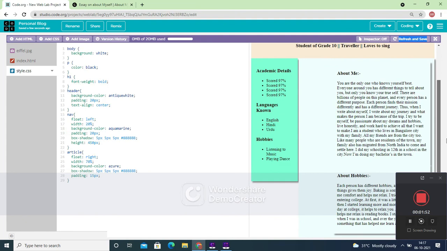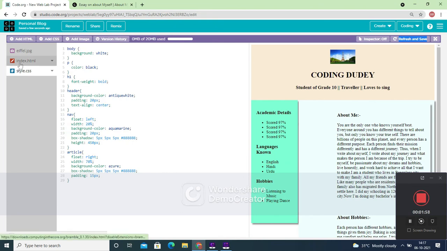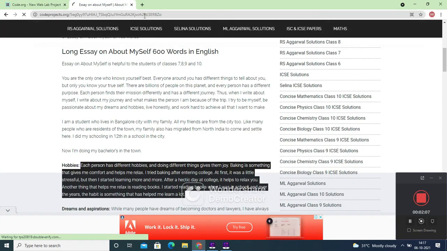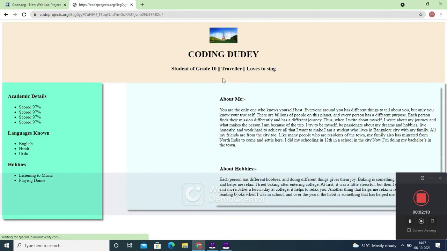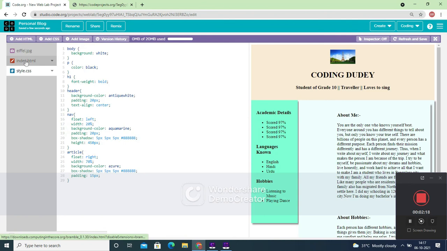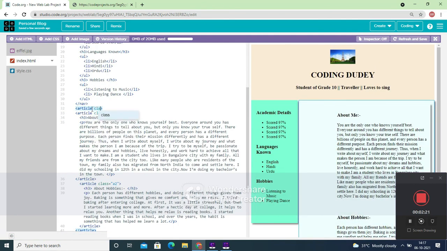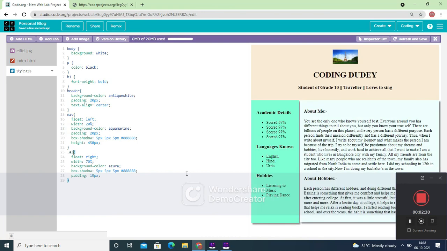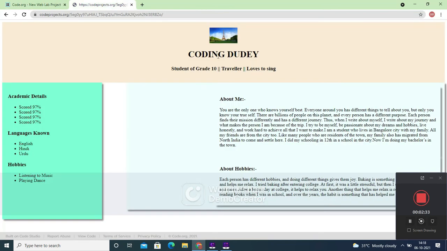Okay, so now here there is a confusion because everything is article itself, right? We'll just share and see how this looks like. Okay, just share it and see. So now you know that every article again has got a border. So what you have to do, you can just give here a class known as A3, and here in style you can directly give as dot A3. So now it will be fixed.